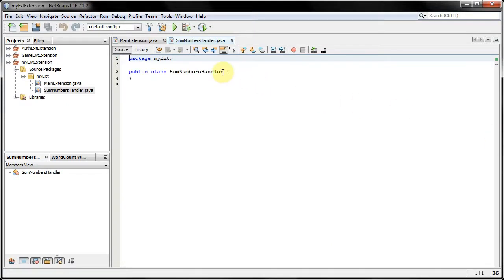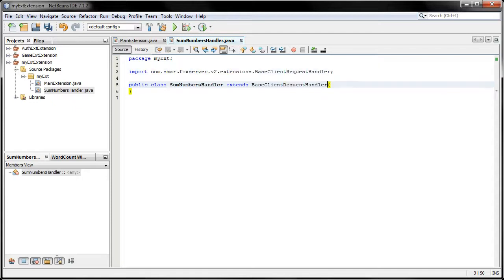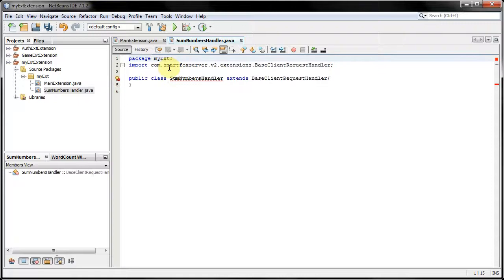Now this class needs to extend the BaseClientRequestHandler. We'll let the autocomplete finish that off, and it also adds in the correct import that we need. After we extend it, we need to override